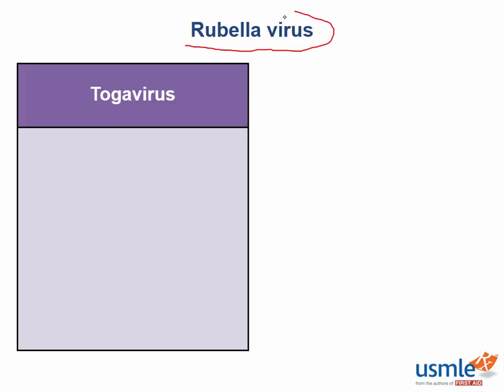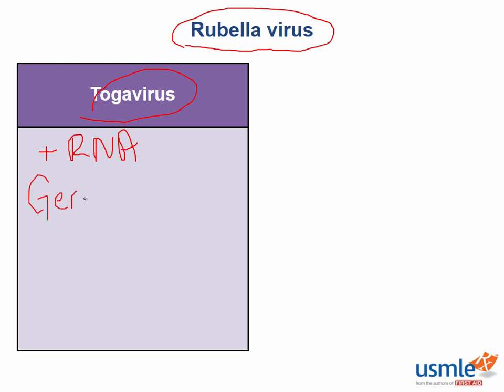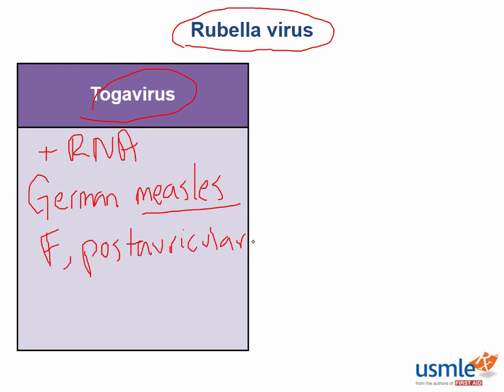The rubella virus is an important togavirus, which is a positive sense RNA virus family. The disease that rubella virus causes is called German measles because it presents very similar to the disease of measles. Patients that are infected with rubella, usually children, suffer from fever, a post-auricular or behind the ears rash, lymphadenopathy, arthralgias,